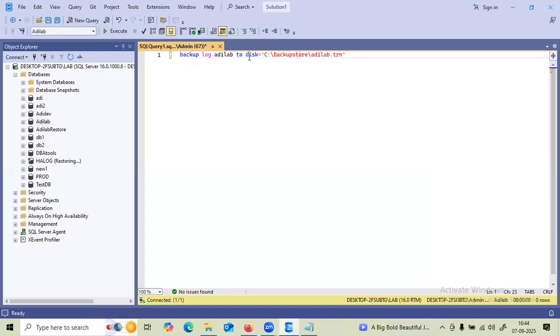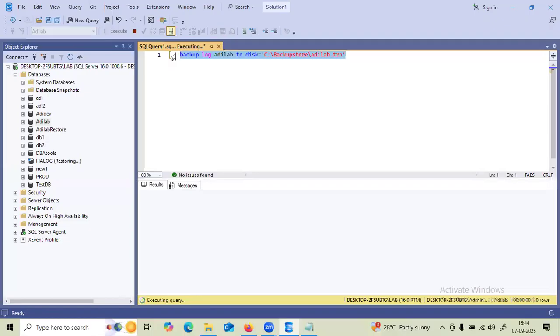If it is disk, you have to mention DISK. If it is Azure, we have to keep URL. After that, we provide the path of the location, and then the name of that log backup file. So if you run this,